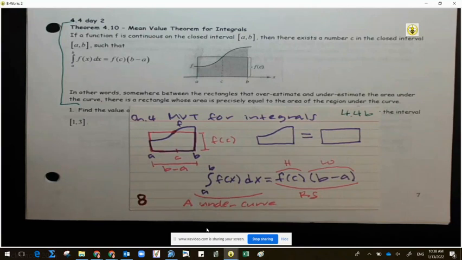That helps? It's like zoomed in, blurry. In other words, somewhere between the rectangles and the area, somewhere between this rectangle over its area, under its area of the